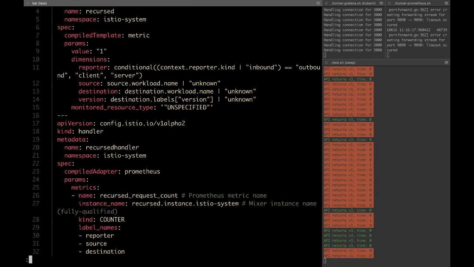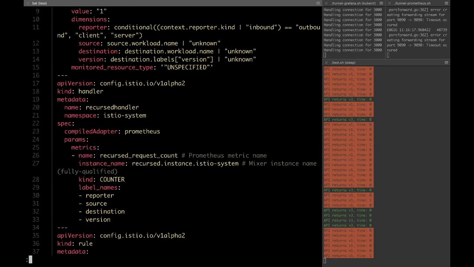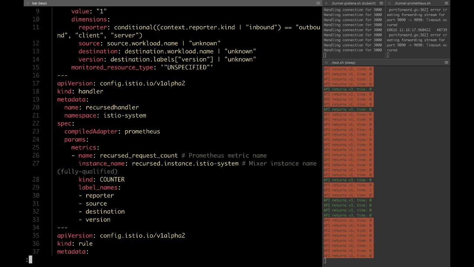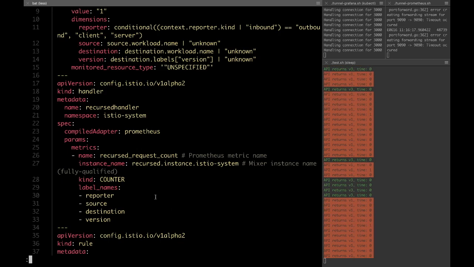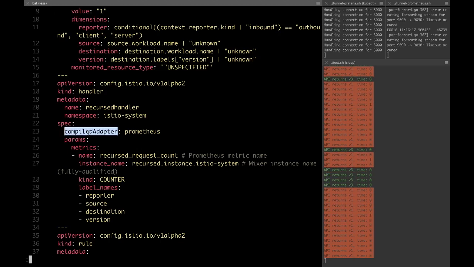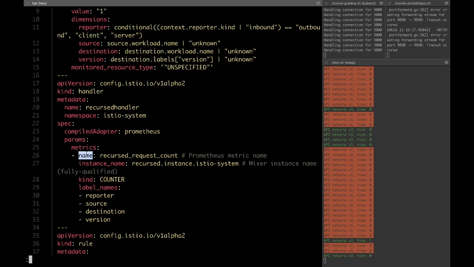Once we have the instance, we will create what we call a handler. The handler will tell Mixer what to do with that instance. In this case, it will send the information to an adapter, which is a Prometheus adapter. And here again, we have some parameters that say the kind of things that are managed and the matching that